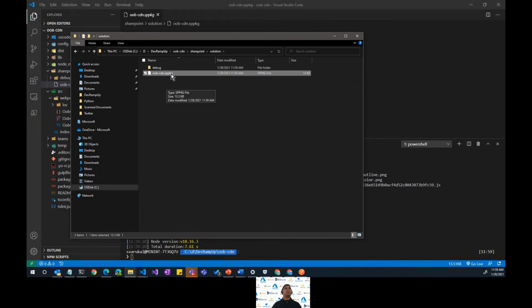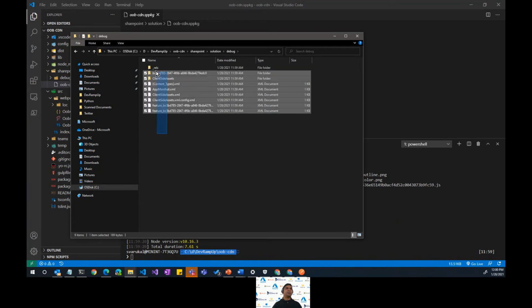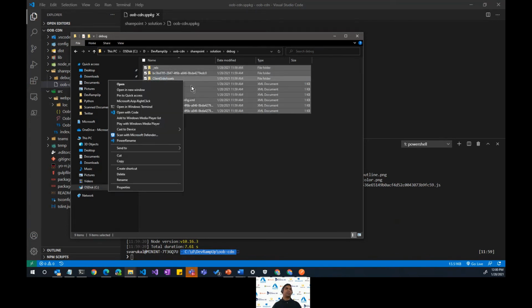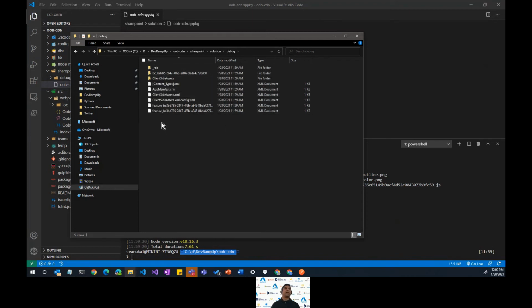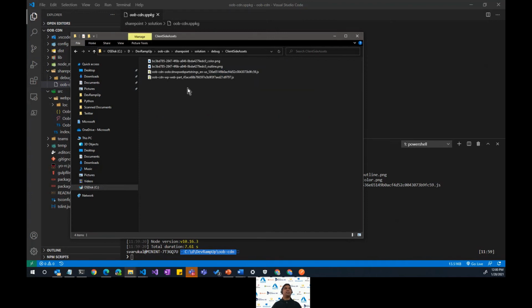If you rename this to a zip file and extract that file, the contents of this SPFx file are actually in here. So it's literally if you select all this and send it to a zip file, that's an SPFx file. And within this, you can see the client-side assets. These are all my assets: the images, the JavaScript, CSS, all those are put in this folder.